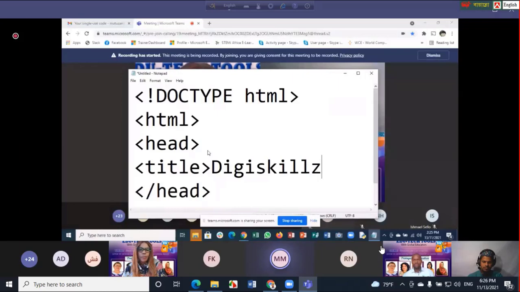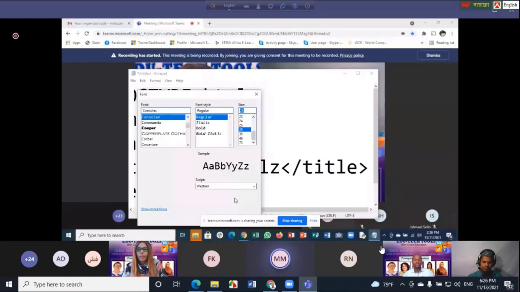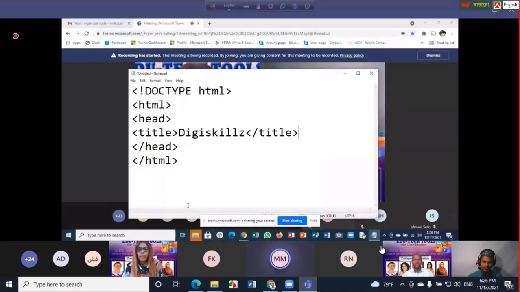Okay, as you can see, maybe it's too big. Let me reduce the size to 28 so that it can be seen by all the people that are observing. So that's the first thing. As you can see, I've outlined the HTML doctype. HTML closes with this one. Head closes with this part. Title closes with this. This is the title that you're going to see in the browser.